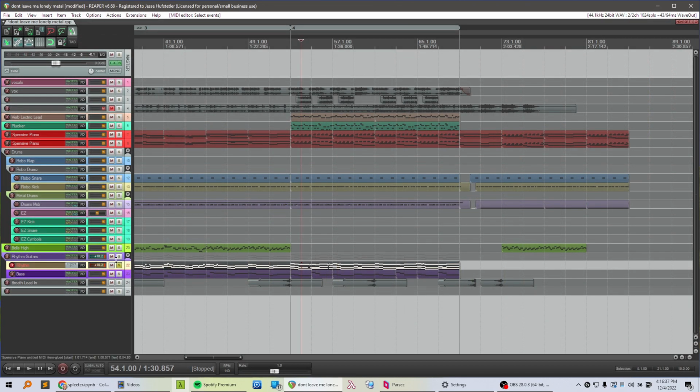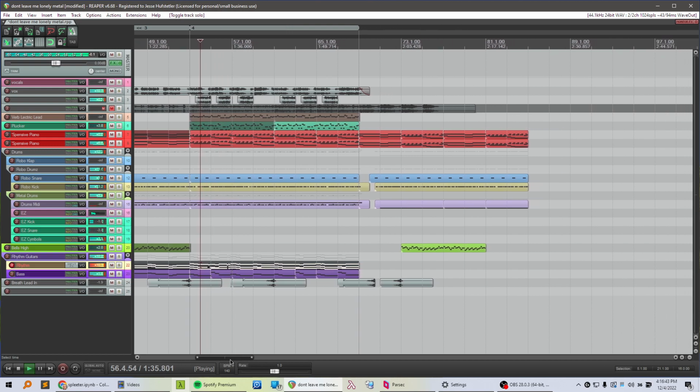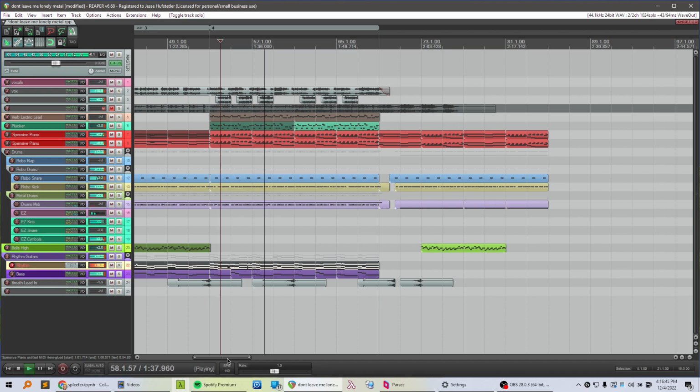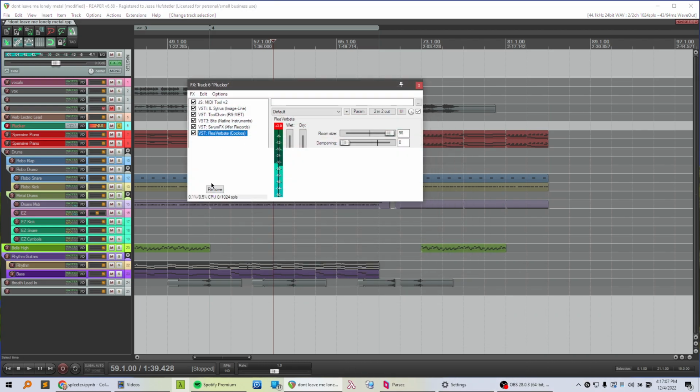And then that sounds really cool when you put it with the whole thing. And then we add the really cool synth. That's this green thing in here. Gotta love that synth,